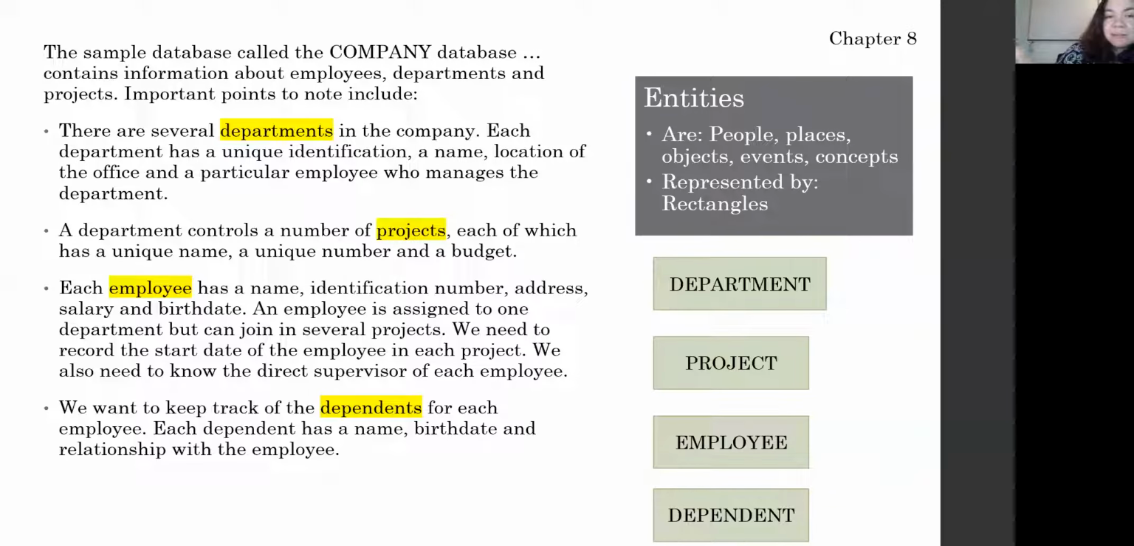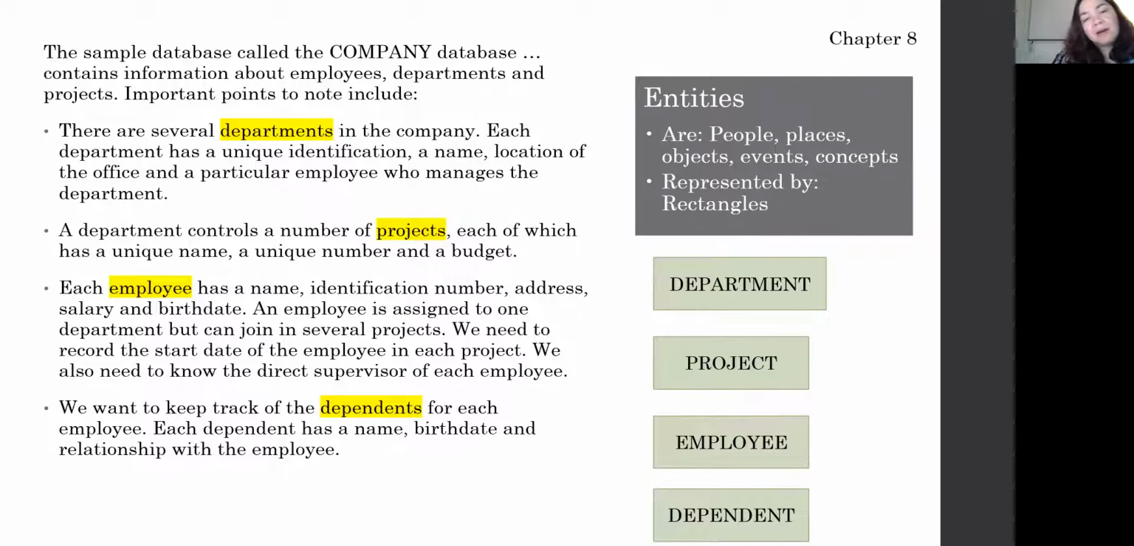But we have departments. We've got information that describes the departments. We have projects. We have stuff that describes the projects there. We have employees. Again, more information about the employees. And then we have dependents and a little bit of information about that needs to be collected. So each of these inside of our diagram is going to be represented by a rectangle. You're going to see that these rectangles are going to move around and we're going to organize them in a way that makes sense. But for now, this is what we know. We have 4 entities,